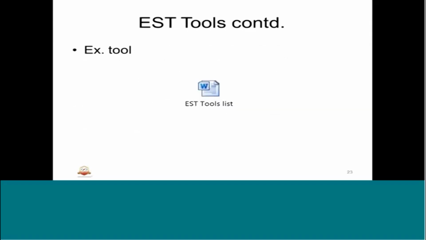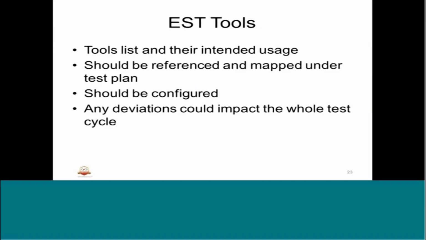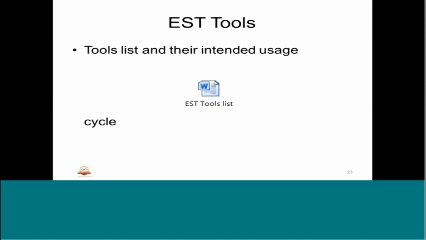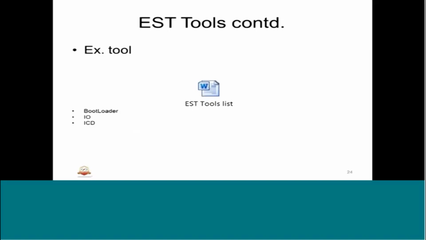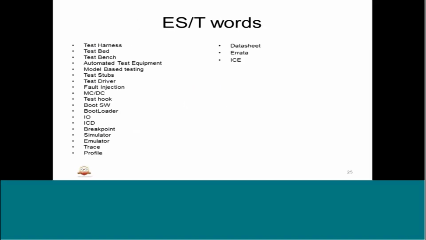And embedded software tools, we have seen an example. So what are the tools and what are the information that should be used for listing out and how to use it, and any changes over the period of testing has to be taken as a deviation. Okay, so